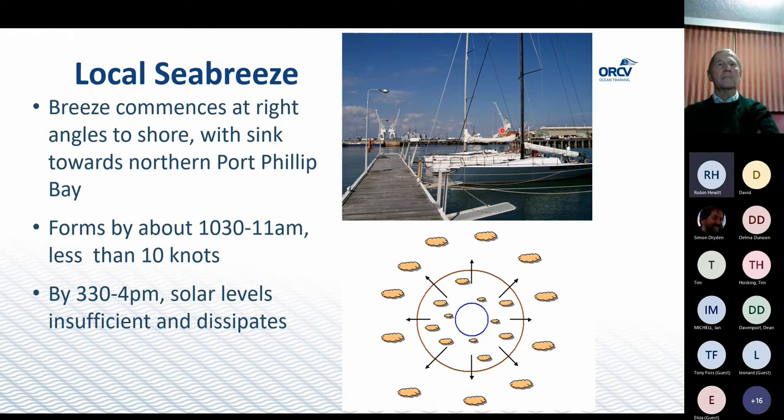This picture here is at Williamstown, and if you look there, you can see the sea breeze cloud, the typical shape, a horizontal line there, but there's no horizontal line over here. So the sea breeze is operating around there, and the sink is actually over towards Geelong a bit,